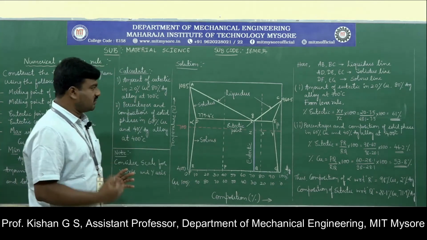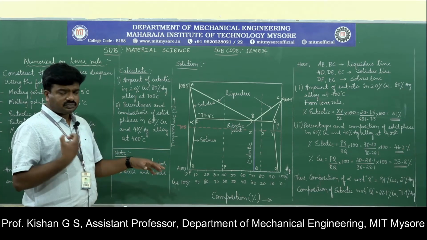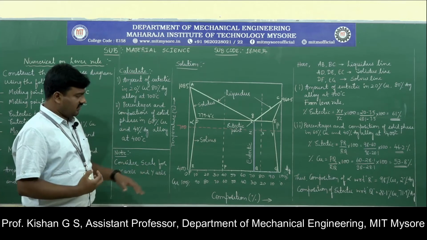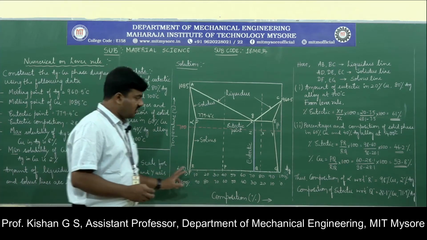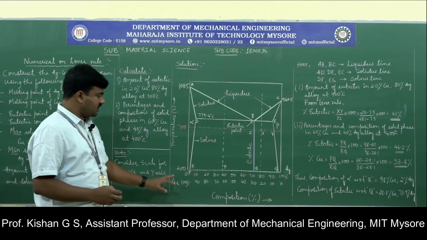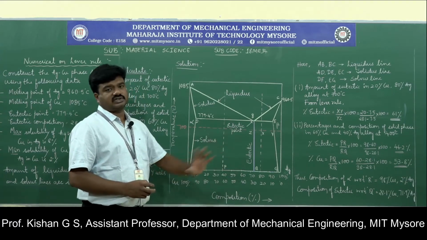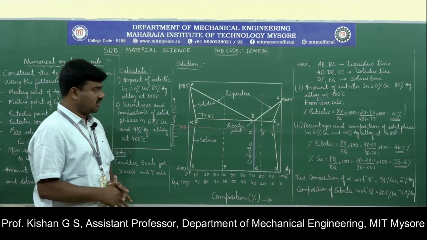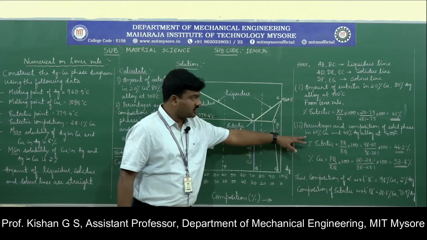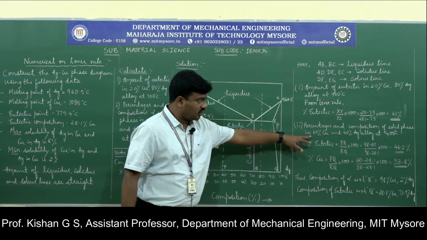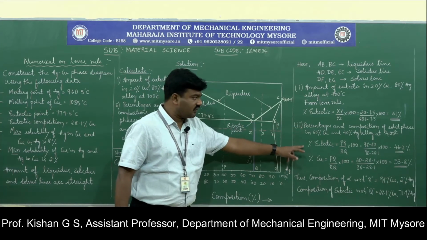Now moving on, similarly, to the percentages and composition of the solid phase. To assess the solid phase, again we are going to take the 400 degrees Celsius reference. Along 400 degrees Celsius we have different representations P, Q, R that lead to the identification of the solid phase, percentage and composition. So now let us take the second point. To identify the percentages and composition of solid phase in a 60% copper and 40% silver alloy at 400 degrees Celsius, the percentage of eutectic goes with